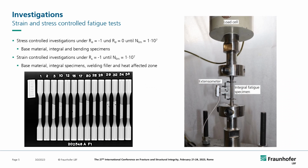You see here an example of a test equipment. On a servo-hydraulic test rig, we conducted fatigue tests on a strain base here on the integral fatigue specimen with an extensometer with a gauge length of 50 millimeters. We conducted those strain controlled fatigue tests under R equals -1 until the limit number of cycles of 10 to the power 7 cycles. We did this for the base material, the integral specimens, the welding filler, and the heat